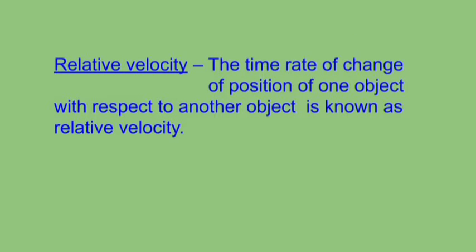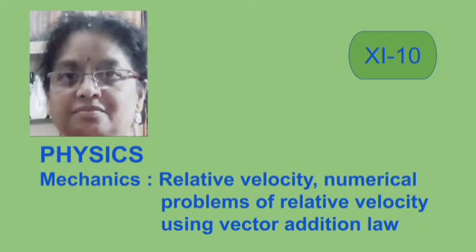The time rate of change of position of one object with respect to another object is known as relative velocity. If objects A and B are in relative motion, the relative velocity of A with respect to B can be obtained by imposing equal and opposite velocity of B on both A and B, so that B is brought to rest theoretically. The resultant of two velocities of A then gives the relative velocity of the object A with respect